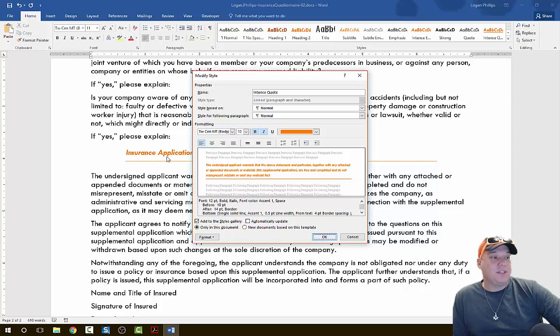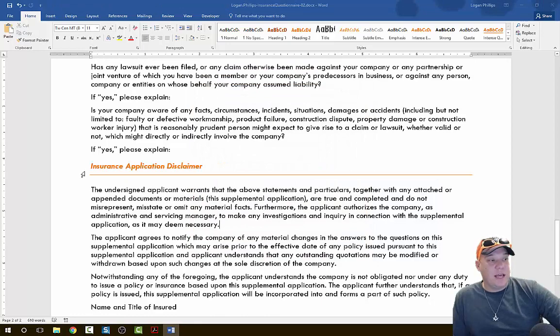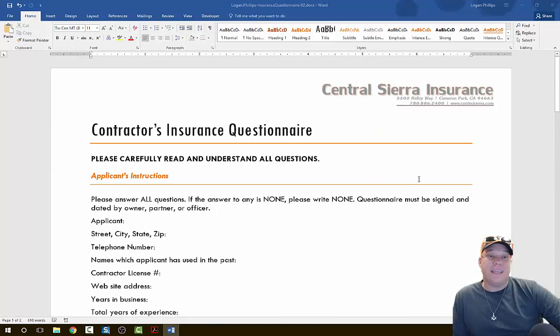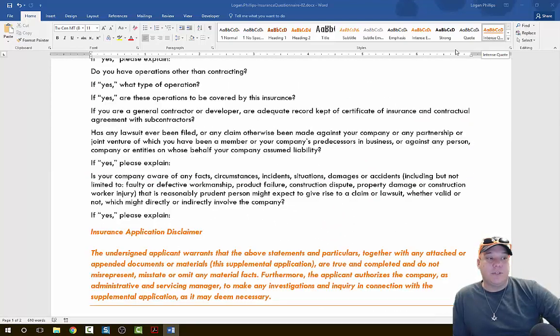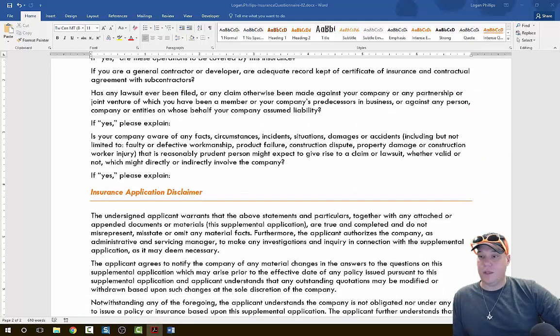Now watch what happens to the insurance application. It's moved to the left, and my line is all the way from left to right. And you can see here that it's actually done it anywhere that I have used this intense quote style. On step 8,